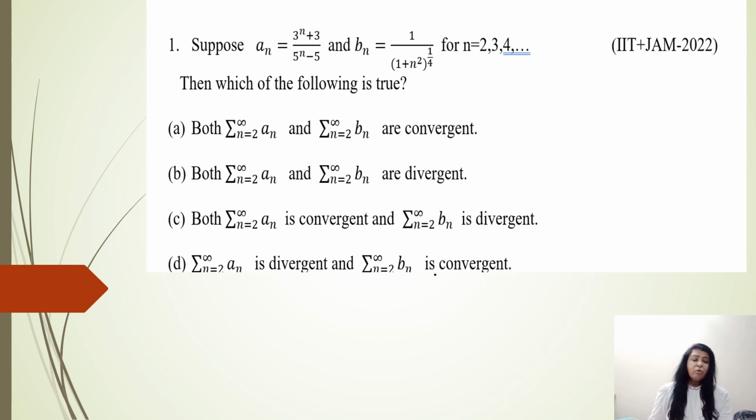Now what we will do, you can see that an is given as 3 raised to power n plus 3 and 5 raised to power n minus 5. Now you have to think which test we have to apply. So here we will apply the ratio test. How is it applied? So first of all we will write